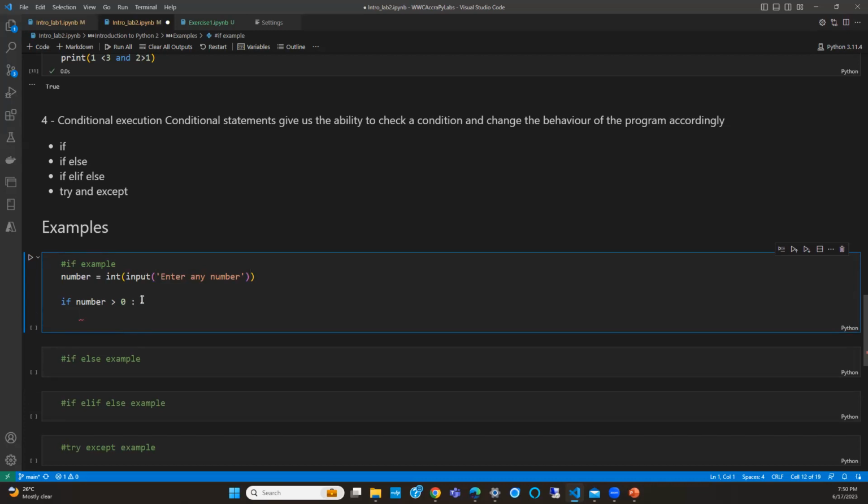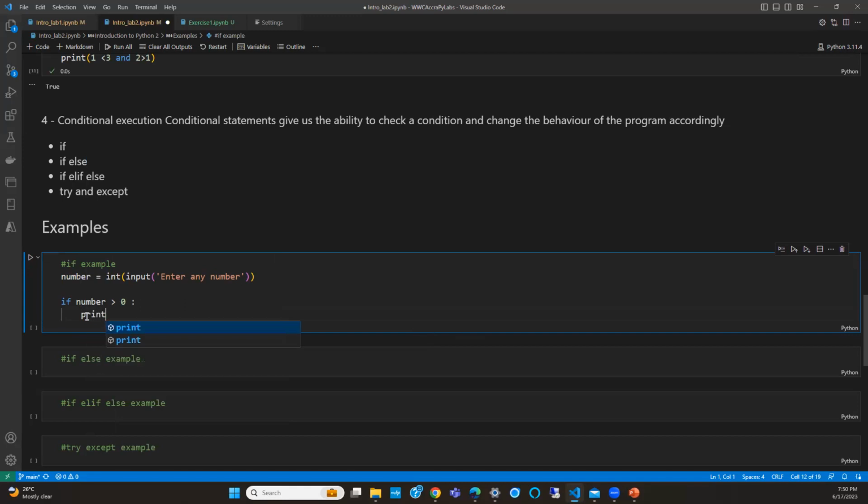So you have the colon, then the statements you write after that should all be indented. They shouldn't be at the same level as your if statement. We mentioned in our first session that indentation is very important in Python. Whatever is written here is all under our if statement block. When it's true, it will run those statements there. It can be one, it can be many.